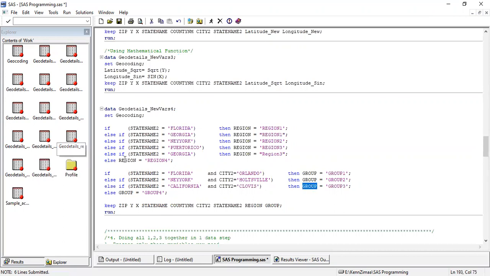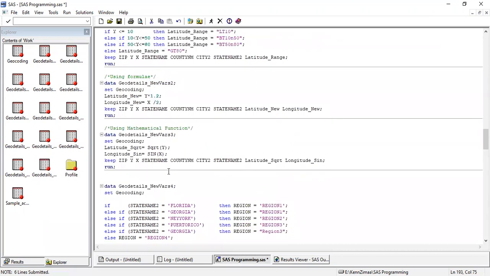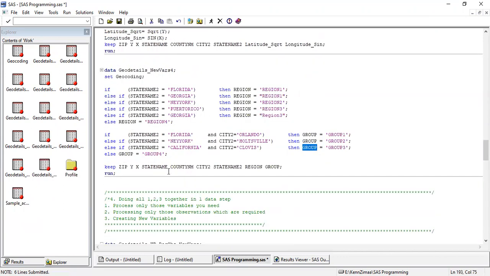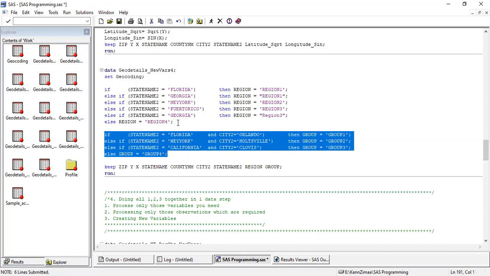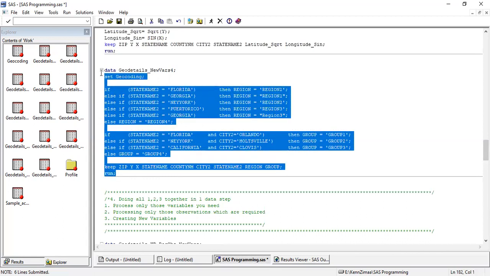So you can pass multiple if-else statement, multiple where statement, multiple functions or formulas or if-else statement within your one program only. So usually when you're writing your programs in the real life, they're pretty big. They're not so small. So I'm using two if-else conditions here and then using the keep statement.